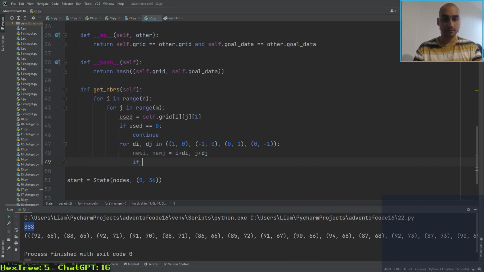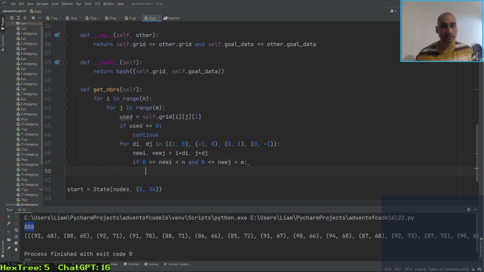That might be out of the grid, so now we have to check that it's actually in the grid. If 0 is less than or equal to new i is less than n, and 0 is less than or equal to new j is strictly less than m. Alright, so this is a valid